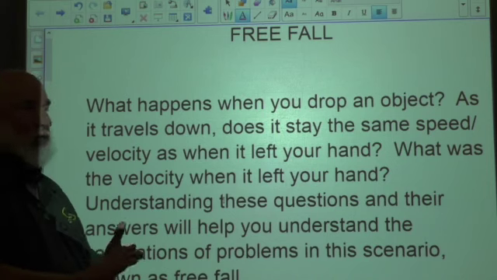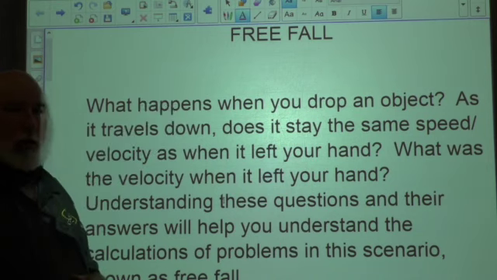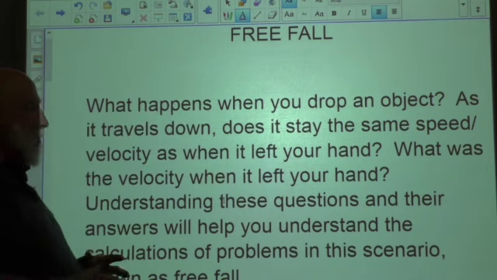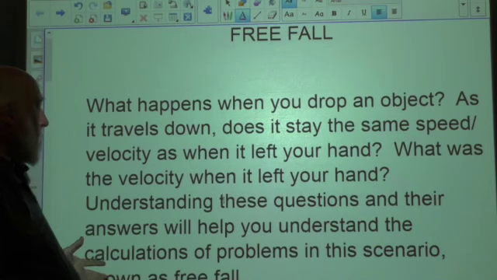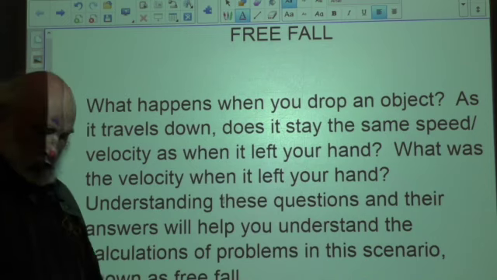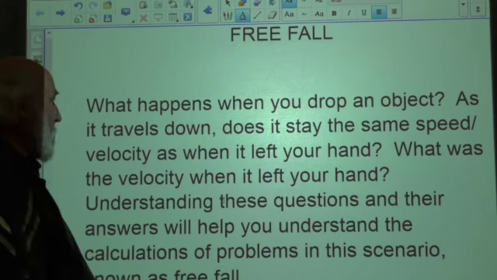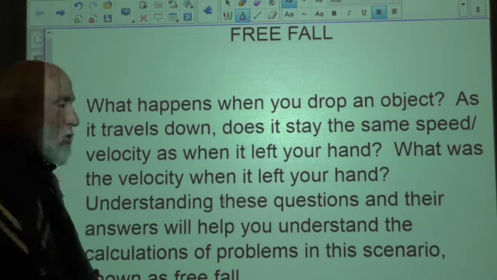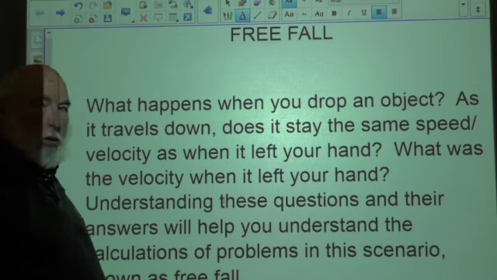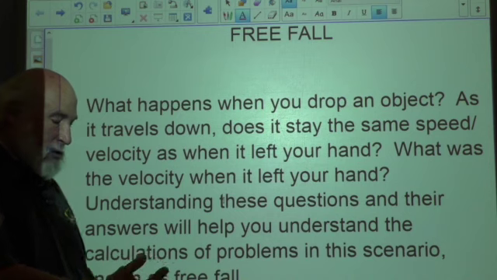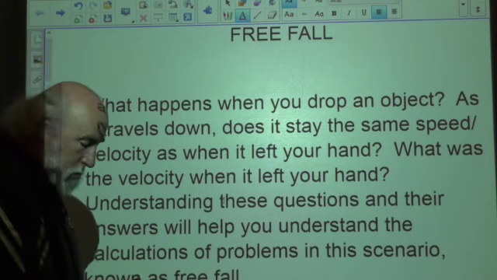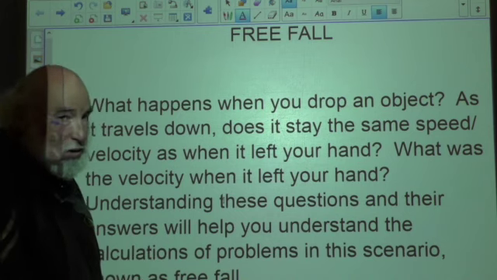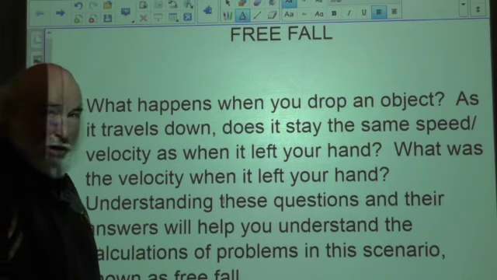Okay, the last topic of this chapter deals with what we call free fall. What happens when you drop an object? Well, obviously it drops to the ground, it travels down. But does it stay the same speed as it's going down? Well, when it left your hand, it was not moving at all. And by the time it hits the ground, it's going something faster than zero, so there has to be an